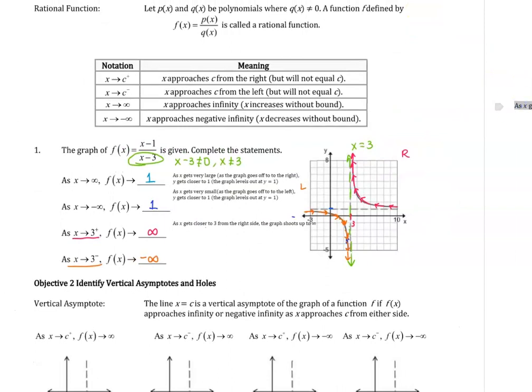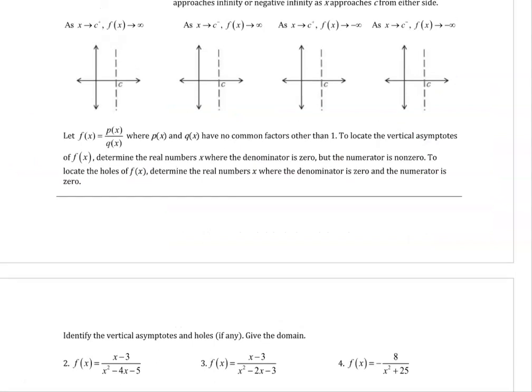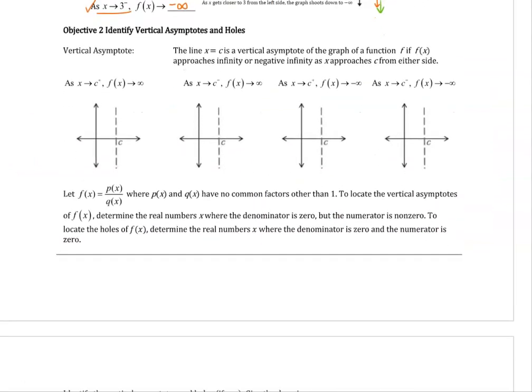So what that means is that as x gets closer to 3 from the left side, the graph is shooting down to negative infinity. That's an interpretation of what this notation means here. So we should be able to look at graphs and see what they are doing as x gets very big, as x gets very small, and as x approaches a vertical asymptote from either the left side or the right side. The next objective we have is for us to be able to identify vertical asymptotes and holes of a